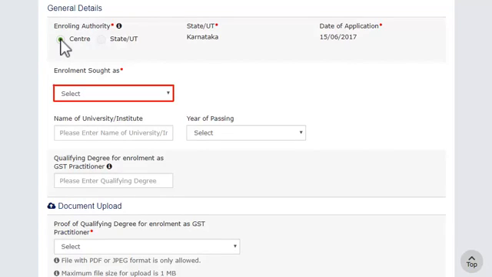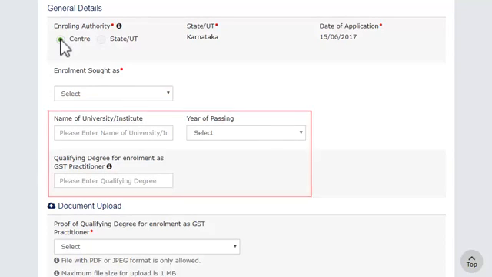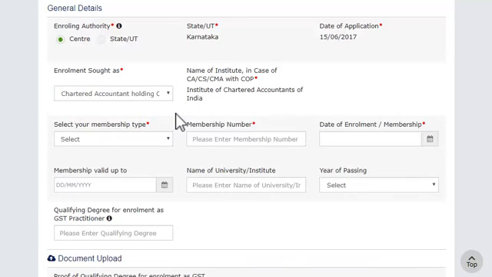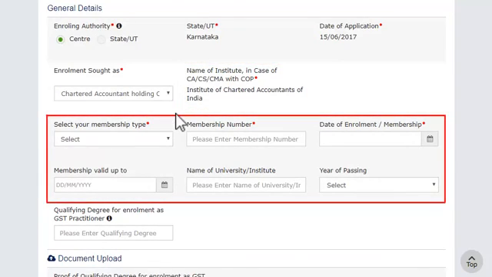You can enroll as GST practitioner only if you hold one of the desired qualifications or if you are a retired government officer. Select the university or institute, year of passing, and qualifying degree for enrollment as a GST practitioner. In case of CA or CS or CMA, enter the membership details including membership type, number, and date.